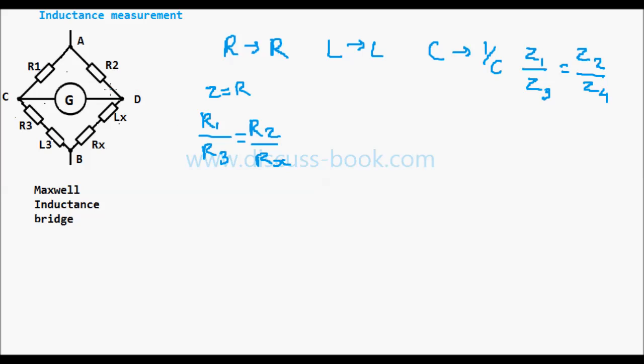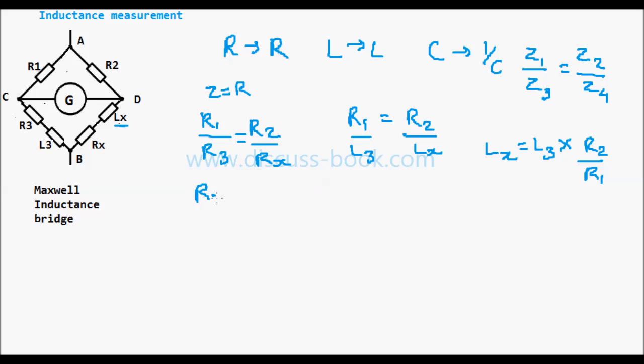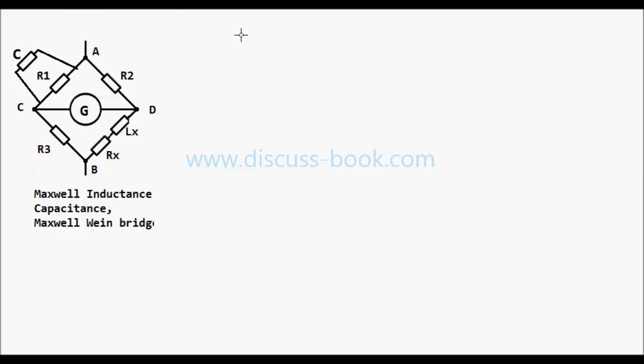Now for finding the value of Lx, consider L as L. So here Z1 will be R and Z2 will be R2. Here you will have Lx and here you will have L3. So Lx would be L3 into ratio of R1 and R2, and Rx would be R3 into ratio of R2 and R1. This is the Maxwell